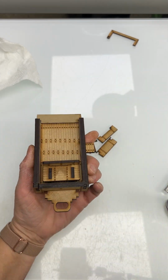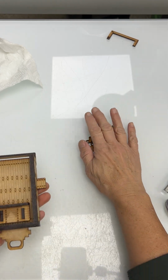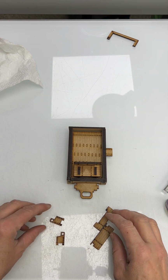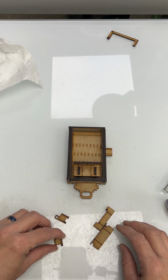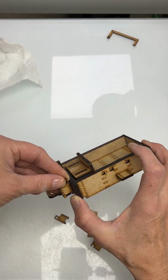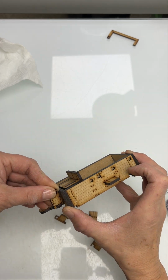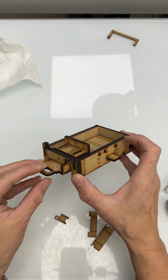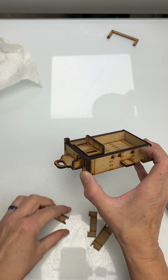Okay, there's your little wagon seat. Looks good. Now let's get the front piece done. That was number 12, I think. Here's number 13. And we want always the decoration on the outside is going to go right in here, like that. And you know what? I'm not going to glue it yet, because